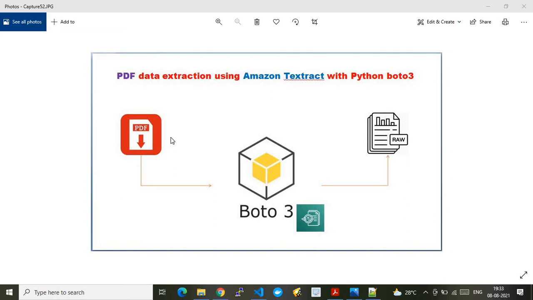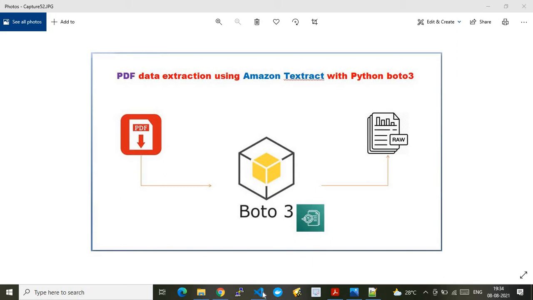As you see here, first we store our source data, nothing but a PDF document, in the Amazon AWS S3 bucket. From there, I will run my code, which is written in Python. I will show you that code, which will automatically pick up this file, run the Amazon Textract APIs, and at the end give us the raw data, nothing but the data which we need. So this is how the flow is. It's a very simple flow.